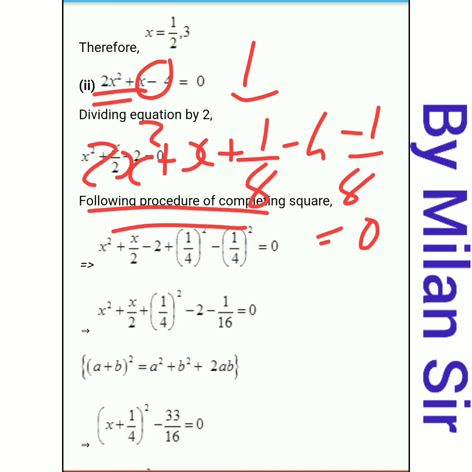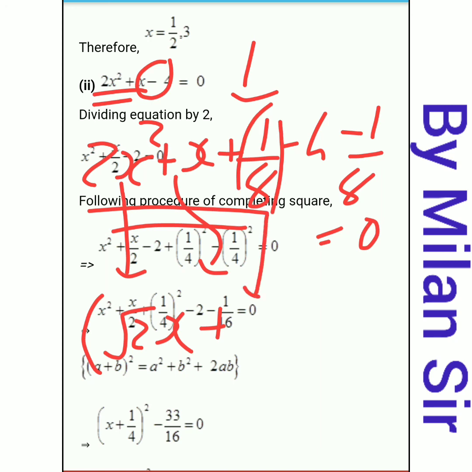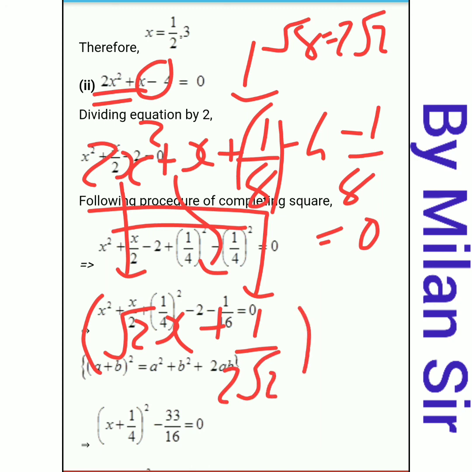So how do we need to write the answer? In the bracket, take the square root of the first term, it is under root 2x. Middle term sign positive. Now the third term's square root. So in the numerator 1, under root of 1 it is 1, and the square root of 8, I already explained to you, is 2 under root 2. So that 2 under root 2 we need to put here, all squared.